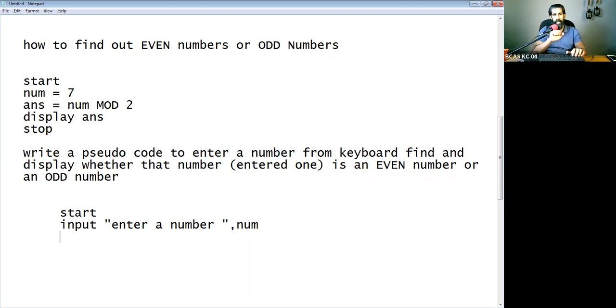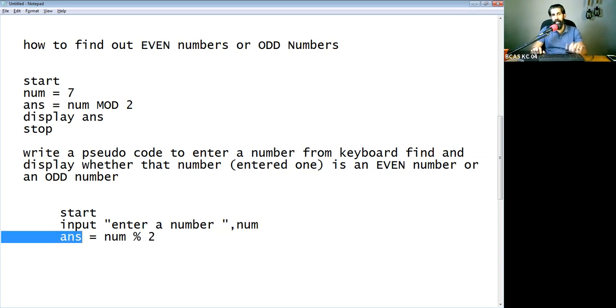Next, I will make the program very simple for you before I move to the if condition. Now, if you want to decide or print even or odd, pass or fail, definitely we have to use a selection statement, which is an if condition. So here also I'm going to use that one, but to make things simple, I'm going to say here also answer is assigned the value num, which is entered by the user, modulus divided by 2, using the symbol. Then this will give the answer, right?